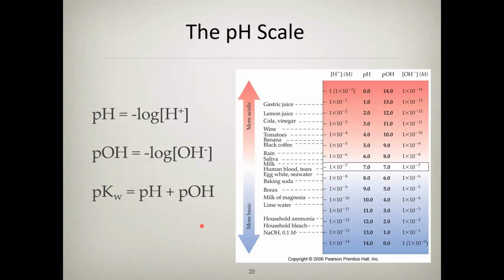And then, like I said, with the concentrations, we'll be able to use that to relate to the pH, which tells us essentially how acidic or how basic something's going to be. So if we look here at the chart, we've got pH 0 at the top, pH 14 at the bottom,